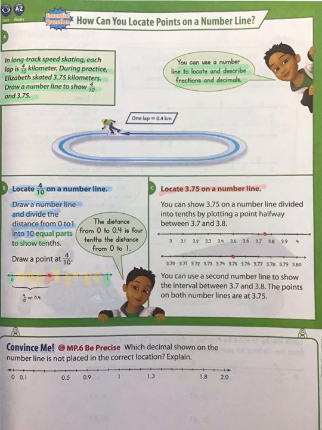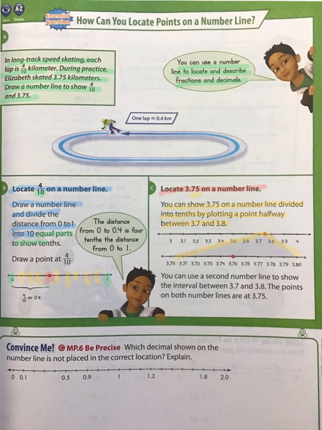So now we're not just looking at tenths. We are also looking at hundredths, our hundredths place. So you can show 3 7/5 on a number line divided into tenths by plotting a point halfway between 3 7/10 and 3 8/10. So if you can see here, there's kind of like a weird looking triangle right here. You see that? It's between